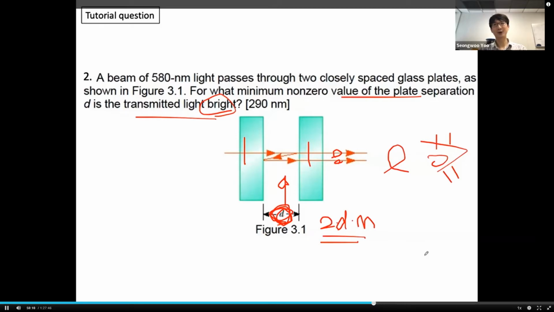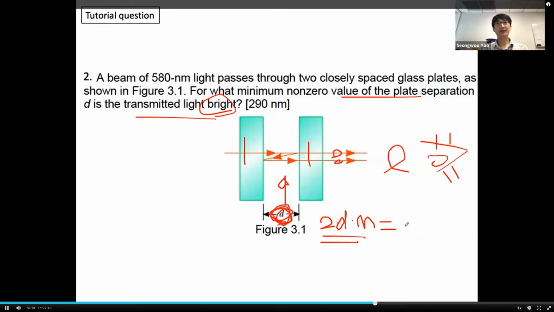I have a very good answer: first get dark fringe and then get bright periodically. What do you think? Do you think this is a good answer? Well, I'm going to